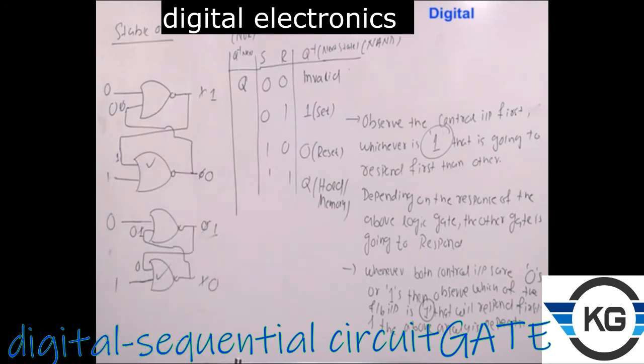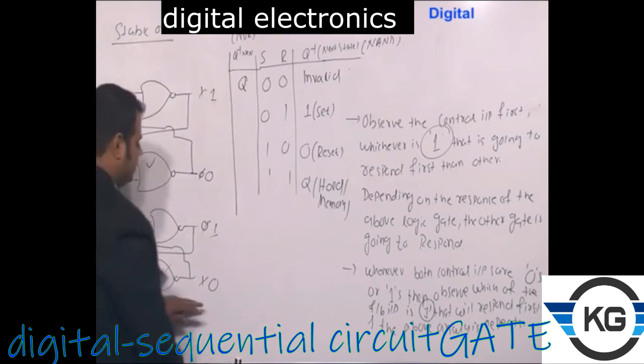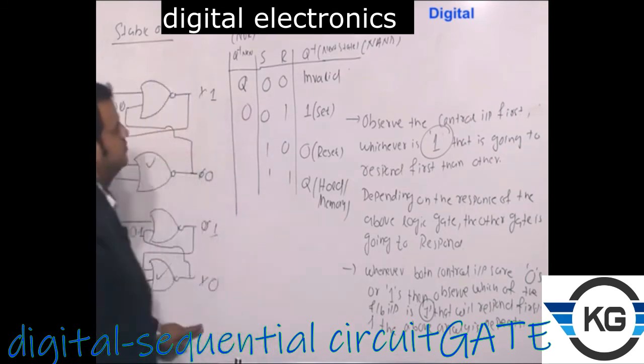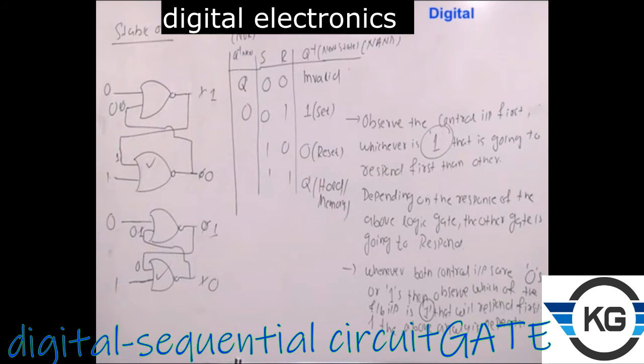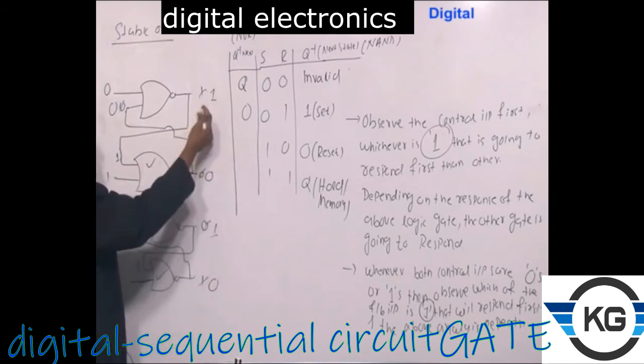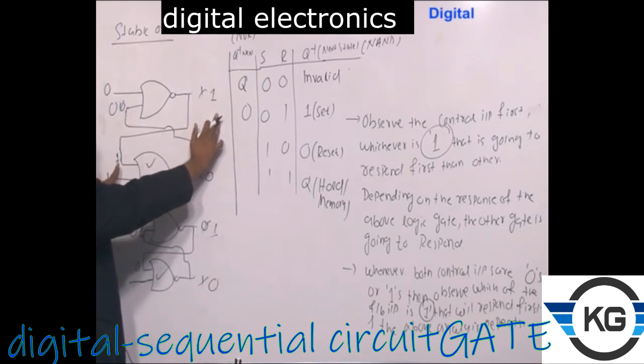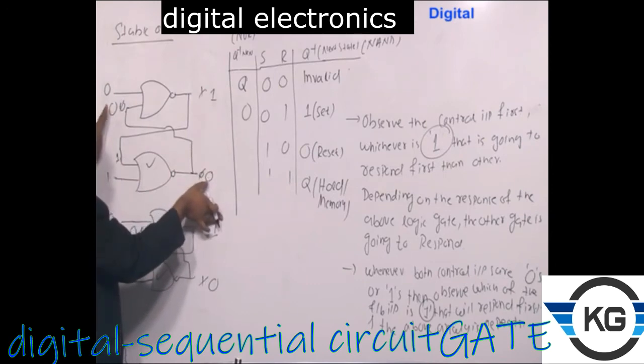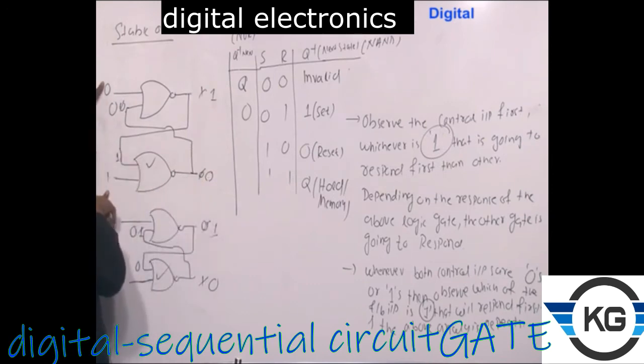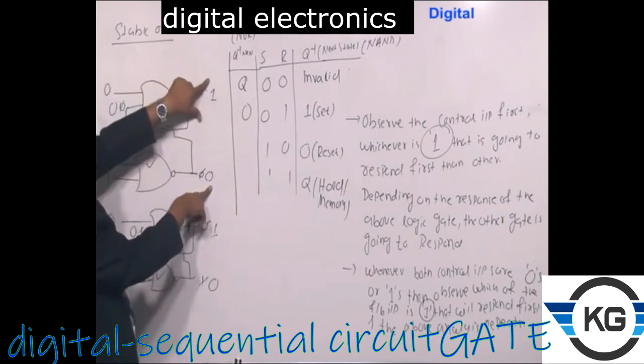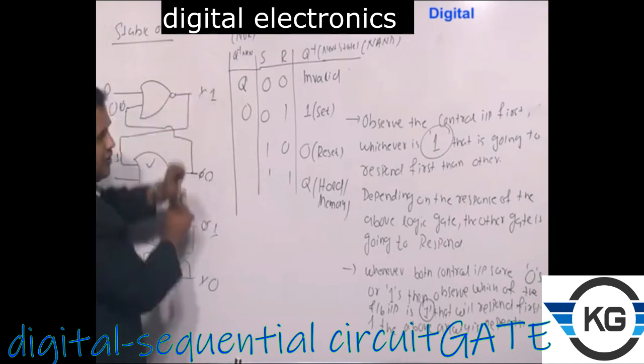Or the observation that when the external input is 0, 1, irrespective of initial condition whether you are assuming 0 or 1, the next state is going to maintain at 0 only. So here this will be 0, right? Once again I am emphasizing the concept of stable output, that when I am saying this as 1 and 0, if this is 1 it is constantly maintaining at 1. If this is 0 it is constantly maintaining 0. So if these external inputs are fixed as well as the feedback inputs are also fixed, definitely this is also going to maintain the same level only, right? So this is what we mean by the stable output.